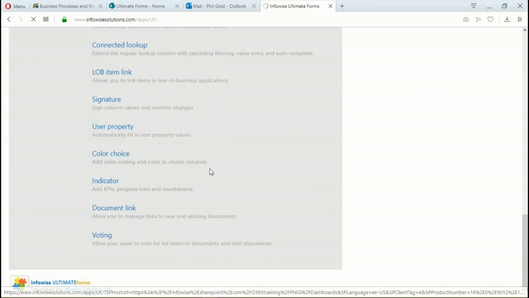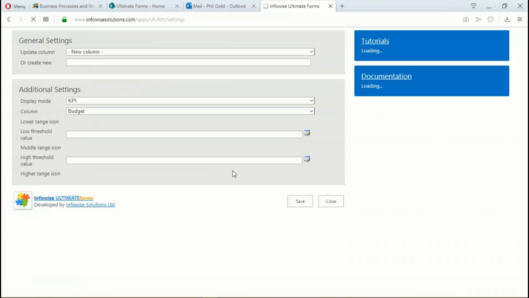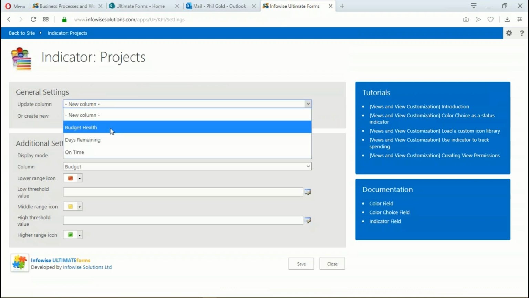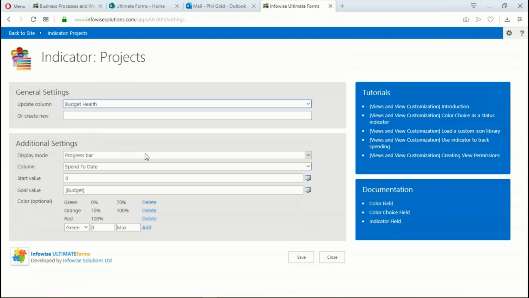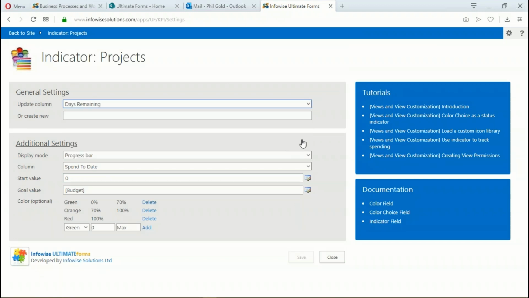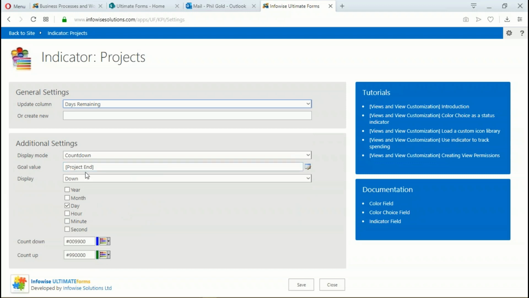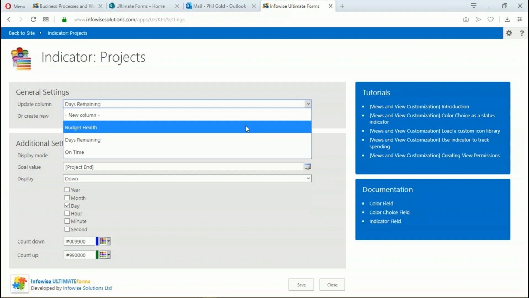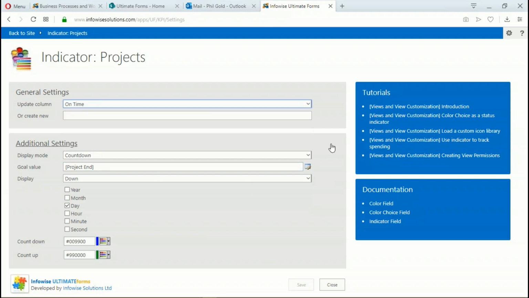You've got 3 different kinds of indicators that you can do. You can do the status bar, as we showed already, the progress bar, but then also I can do a countdown, which takes me from whatever day I specify, and I can choose what color I want. I can do a count up or a count down. I can do both directions. I chose just to do down right here. And then also my KPI,